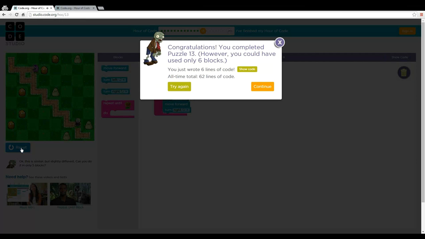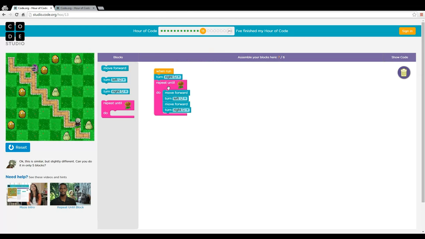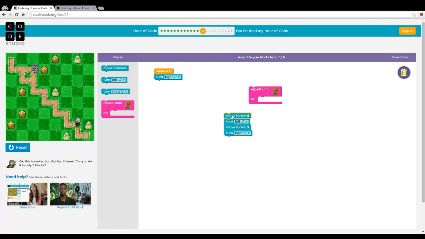But we are asked to try again just because we used too many instructions. In fact, notice that the first instruction here corresponds also to the last one that we placed inside the repeat until block. And if we keep repeating the block,